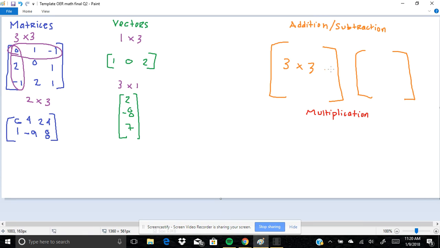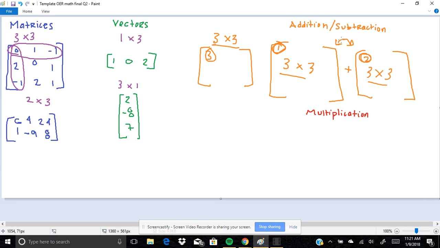So this is a 3 by 3, and this is also a 3 by 3. And that's the only reason it'll work, because in this problem, the first number in this matrix will have to be added by the first number in this matrix. So just say this would be 1 and this would be 2. In your resultant, you'd also have a 3 by 3 because it has to be that, and it would be 3 for your first number. So your starting proportions have to be the same as each other, and your resultant will be the same because you are just combining the two